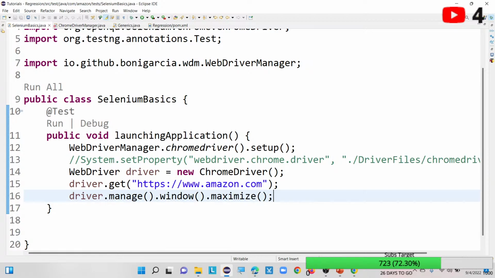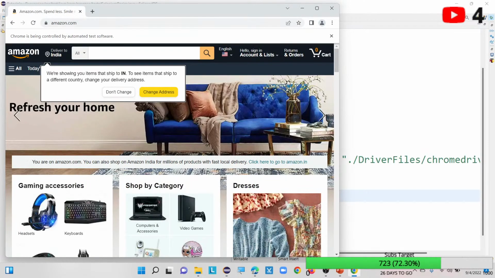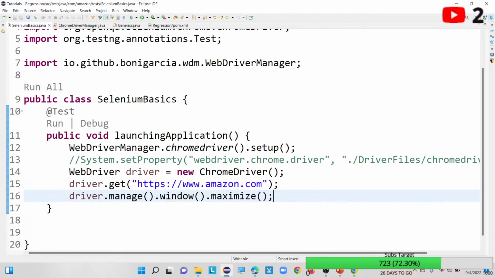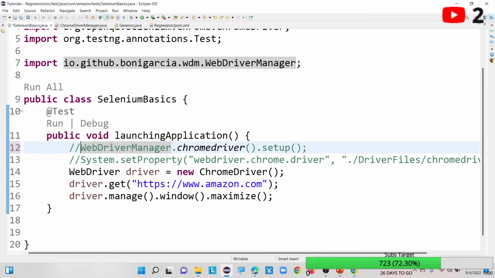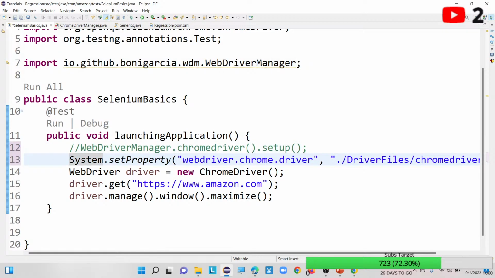Hi Neha Singh, what is WebDriver Manager? I have already covered this concept, Neha. Sorry for that. If you want, I can explain it now as well. So what is WebDriver Manager? For example, I will show you one scenario. Our application got launched successfully with the help of WebDriver Manager, right? So if I comment this line